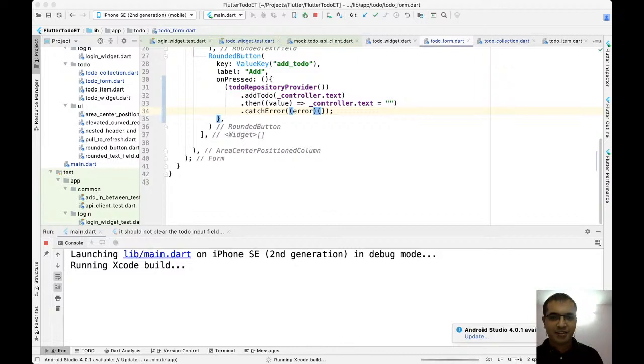Are we beyond 12 seconds already? And keep in mind, I actually fixed this without even having to look at the app, whether it is clearing the text field or not.